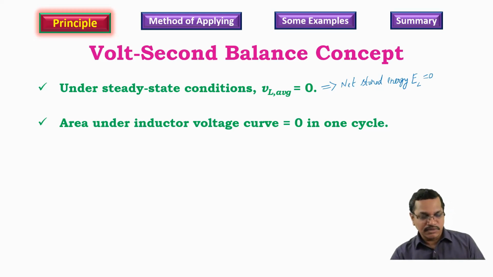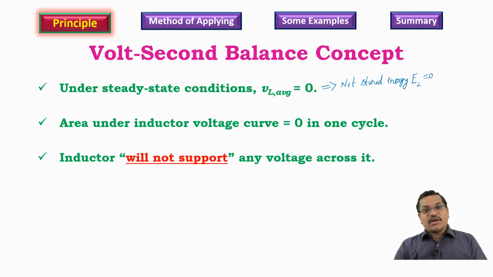If this process of storing, charging and discharging keeps on happening in a periodic manner, then that would result in the net energy across the inductor being equal to 0 over one switching cycle. Or, to understand this more clearly, the inductor is not going to support any net voltage induced across it over one switching cycle. Again, remember, it is one switching cycle, which means one on time plus one off time combined together.